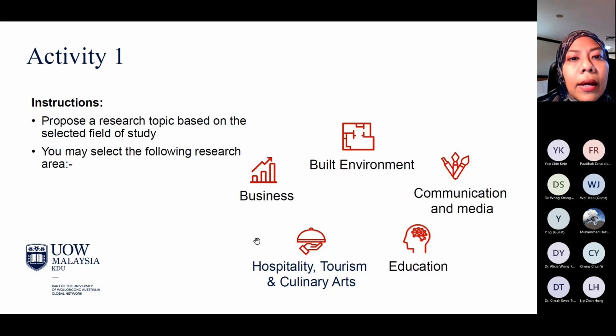You can choose any research area that we have here: business, environment, communication, education, hospitality, tourism and culinary, or any topic that you have in mind. It is not necessarily a detailed one, but at least you know what research you want to do. Can we do this in 3 to 5 minutes? Later on, I will randomly choose any of you, and let us see what your research topic is.